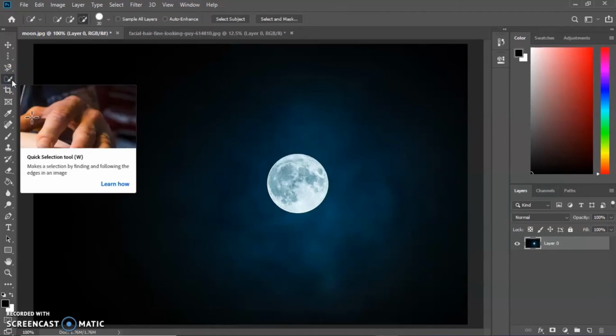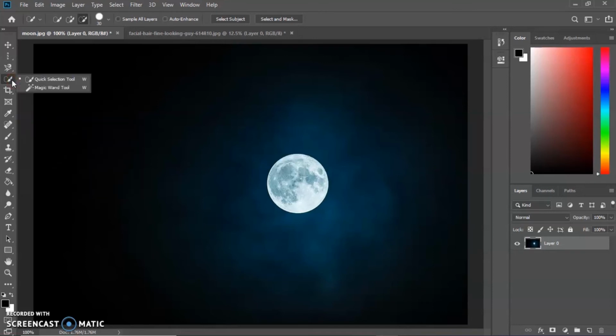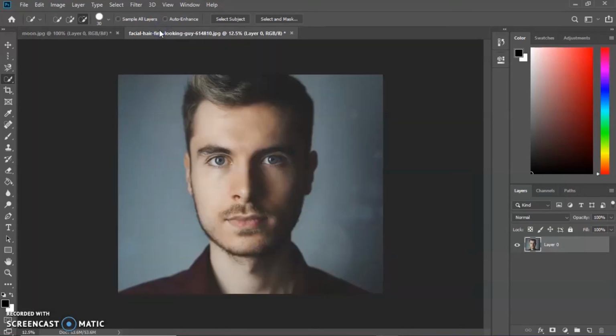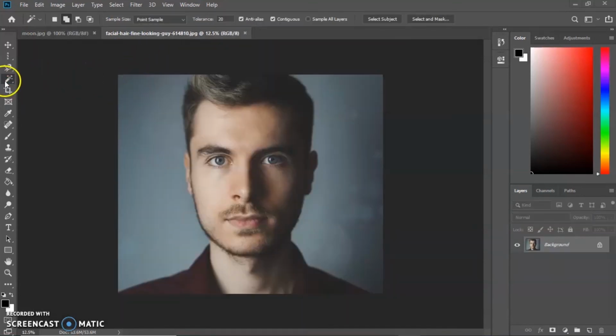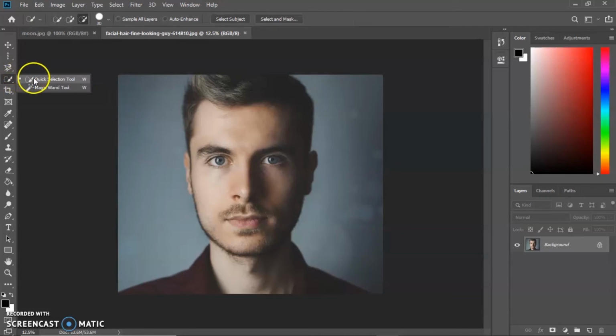Now, moving further to our fourth tool, that is the selection tool. It is also used for selecting a portion of an image. The selection tool is also subdivided into 2 tools. To see the subdivision, let's right-click on the selection tool. As we see subdivision, to understand the selection tool in a better way, let's take another image. Here it is. Suppose we want to remove the background of this image by using selection tools.